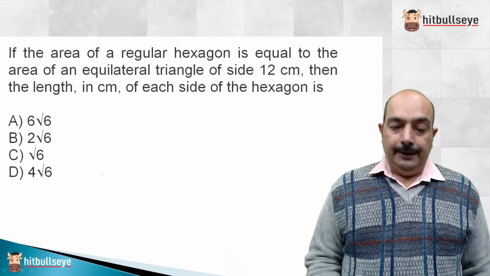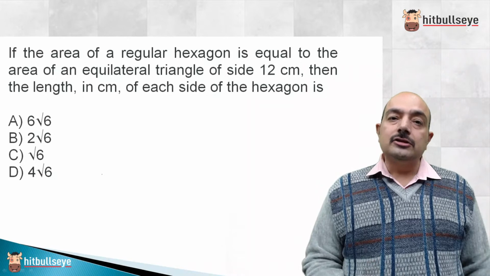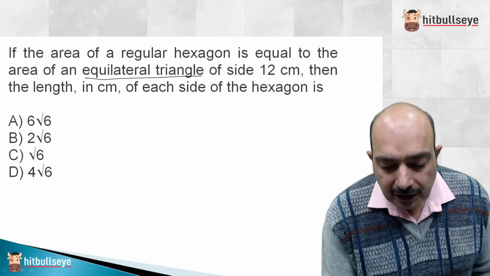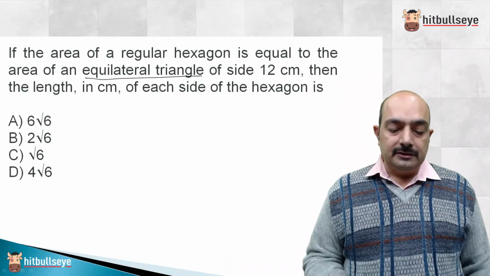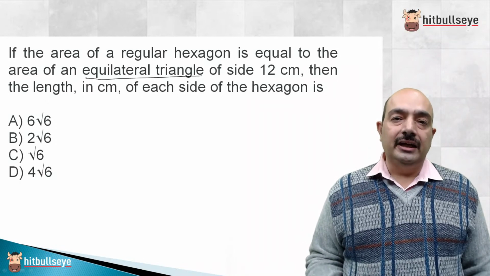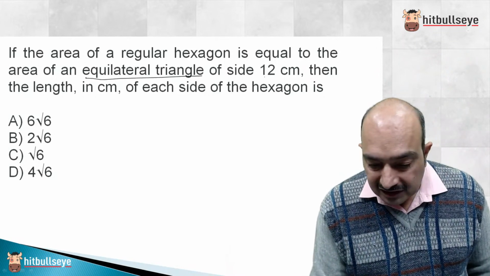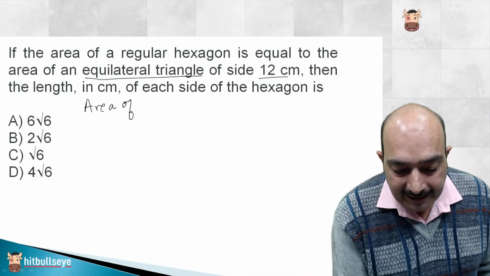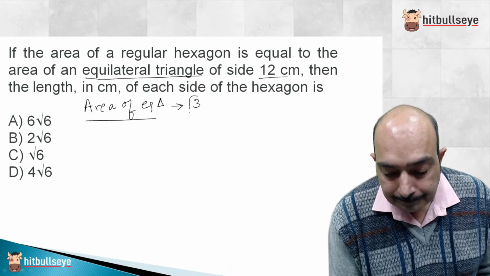Okay, I'm solving then. You just have to understand the very basics of the triangles. We are beginning with equilateral triangle. We know the definition of equilateral triangle, or you can say what is the characteristic. All angles are equal, each equal to 60 degrees, and all sides are equal. So we are given an equilateral triangle which is of side 12. So please find out the area of this equilateral triangle, which would be, yes guys, quick, which would be the